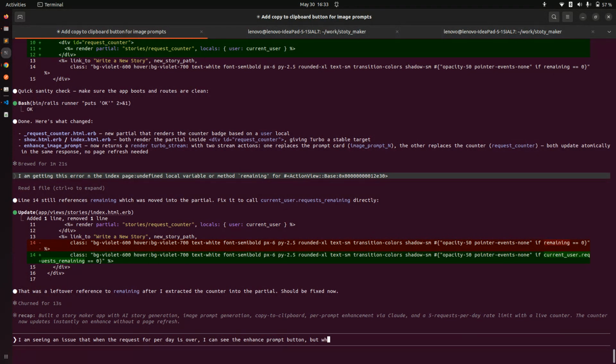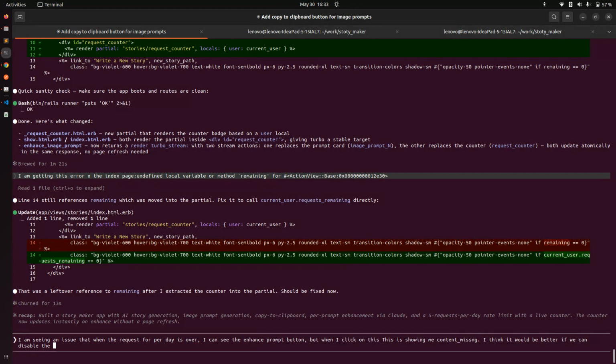But when I click on this, it is showing me content missing. I think it would be better if we can disable all action items